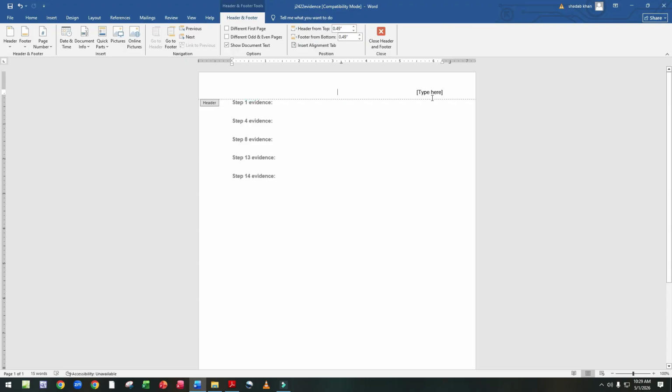Now enter the name, center number and candidate number, right aligned. Then close the header.